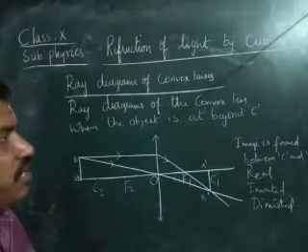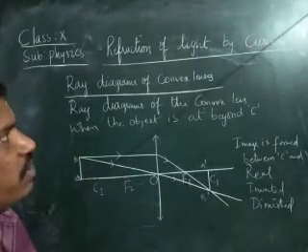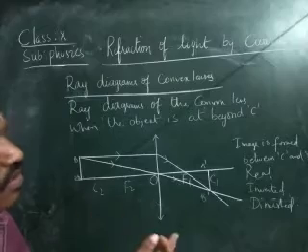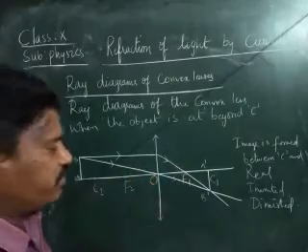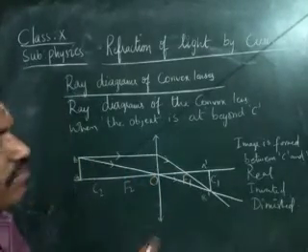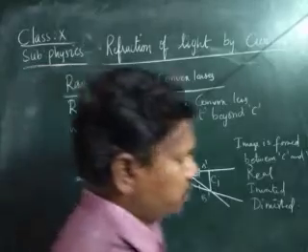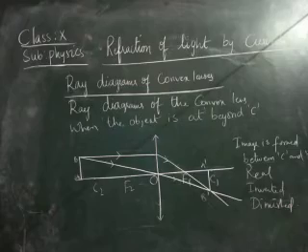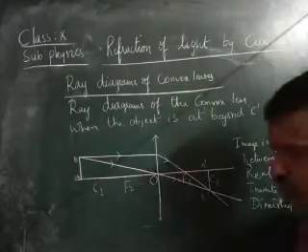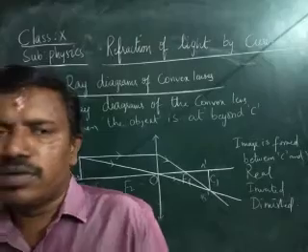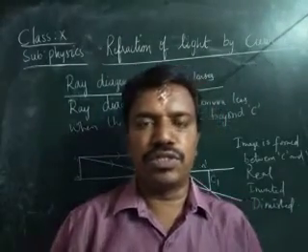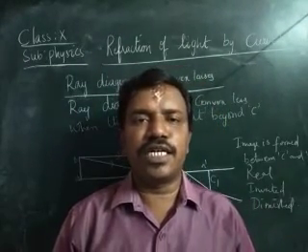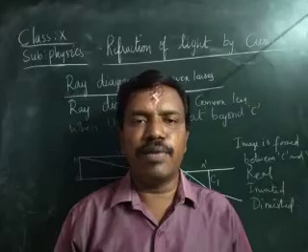Okay, children. Same as in the case of concave also. Same characteristics in the concave also, but the diagram differs. There reflection, here refraction, children. Therefore, today we learned the two positions for drawing the ray diagrams of the convex lens, children. Two diagrams we have seen: when the object is at infinity, and when the object is at beyond C.